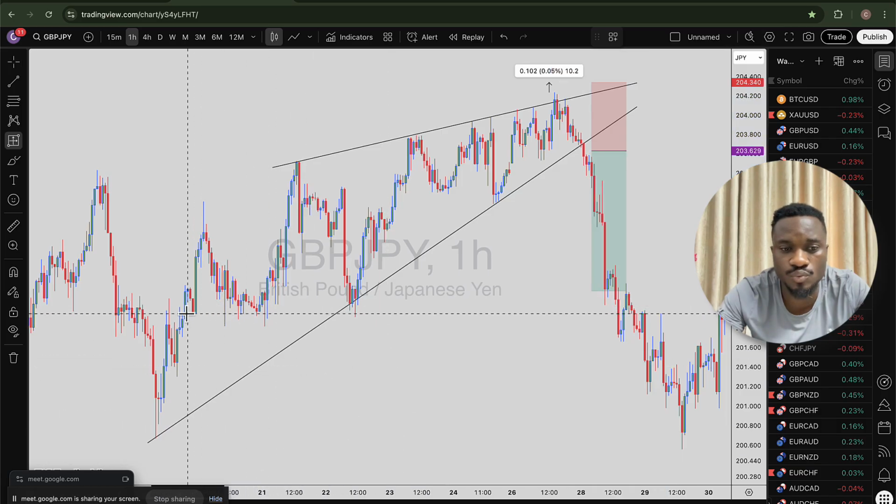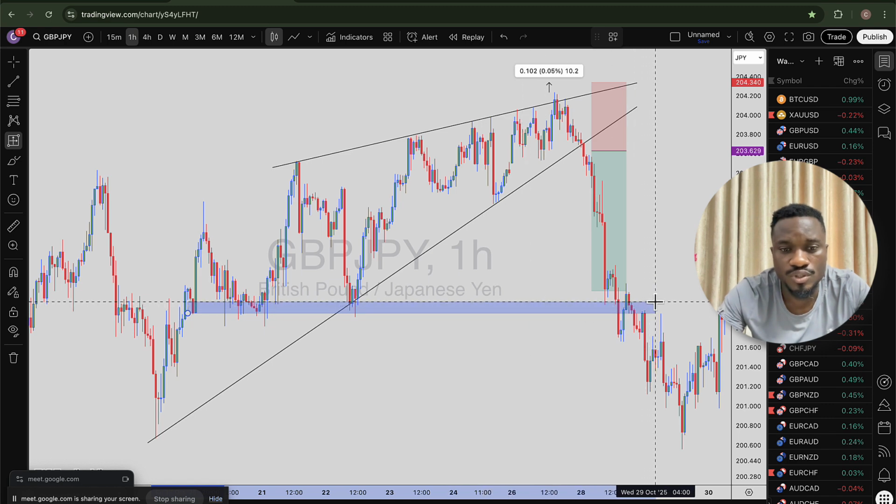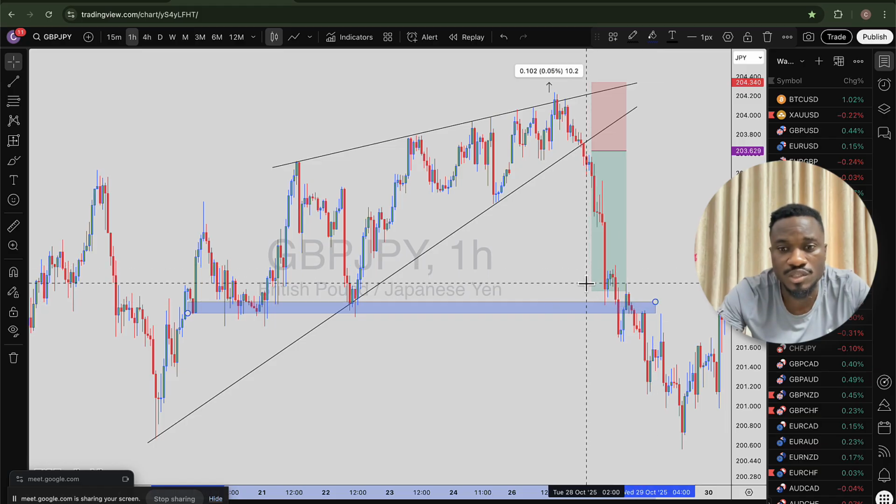You can see right here we got a demand. You've been taught about support and resistance. When we talk about demand, we are also referring to support and resistance on the trading chart. Now, demand represents support zones. Now, our TP1 right here